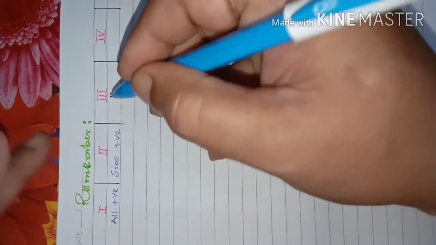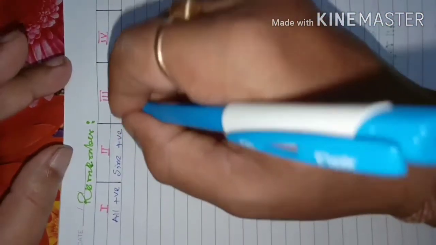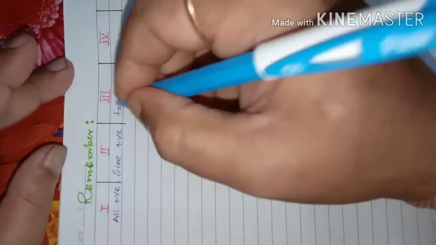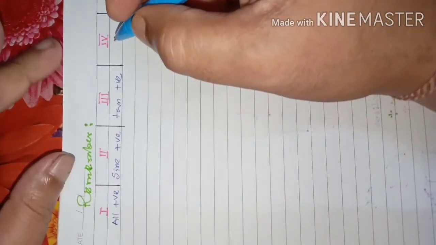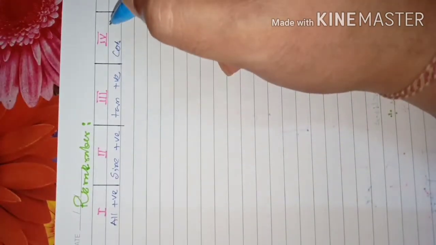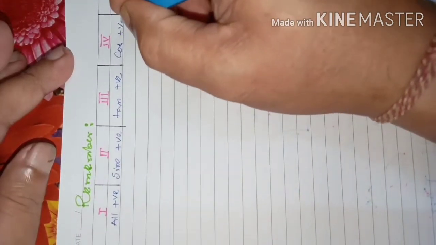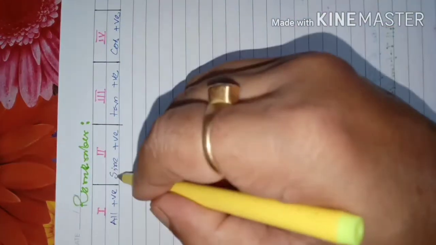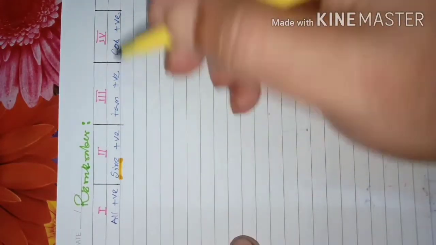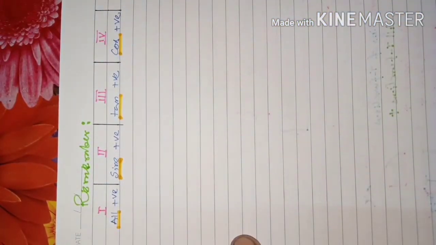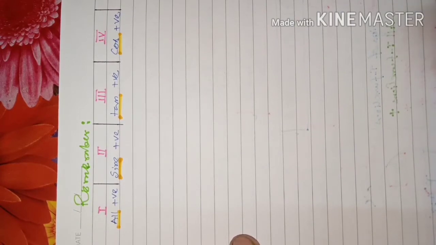Then in the third quadrant, tan is positive. When we say tan is positive, you should understand cot also is there. Then in the fourth quadrant, cos is positive, which means sec is also positive. So cos and sec both are positive. So you can remember this way. This will be better if we remember this way. One ratio is enough. When we say sine, immediately we know the other also. Here, all positive: first quadrant, second quadrant, third quadrant, fourth quadrant.